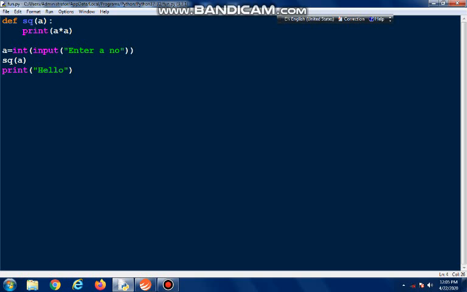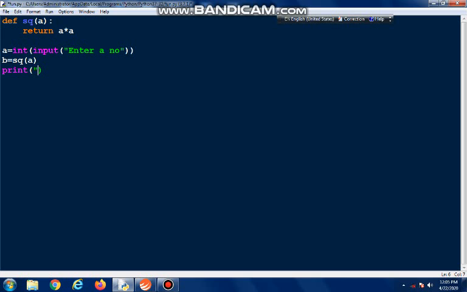Supposing now I am not printing here, I want to return this value, so I will write down return a into a, right? And when it is returning, then we need to store the returned value inside some variable.